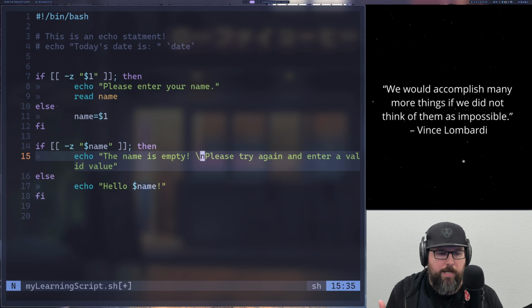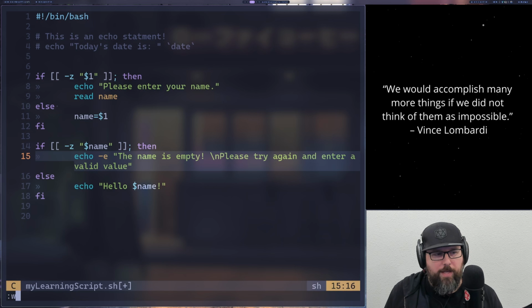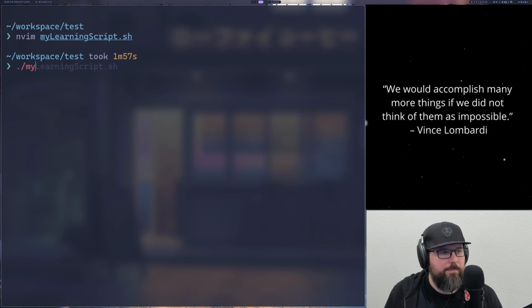\n stands for new line. However, if you just do this, it'll just print that out. So what you actually have to do is add a flag to echo, the -e flag. I believe it means evaluate. So then when you run this,